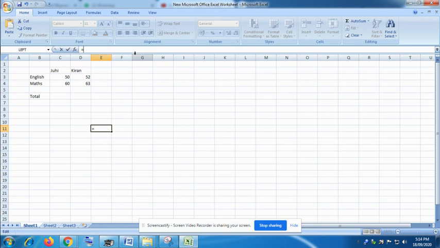Second, there should be no space. Always we have to provide brackets. Inside the brackets you will write your formula, but there should be no space between the brackets or the equal sign.